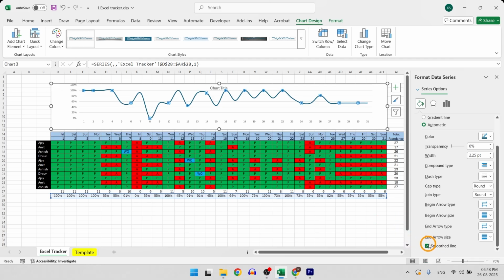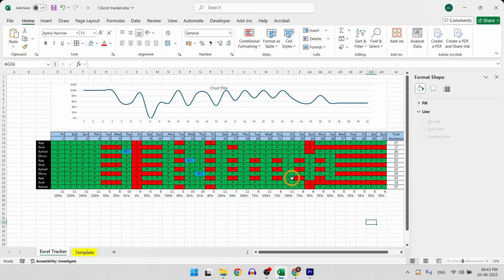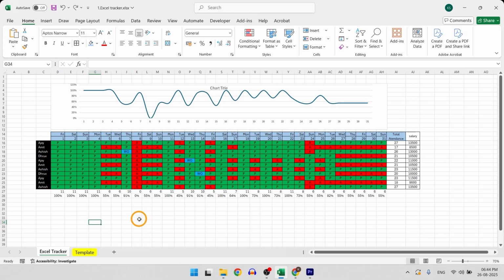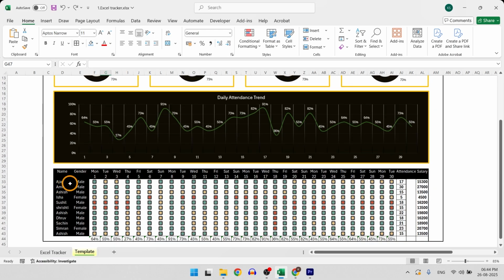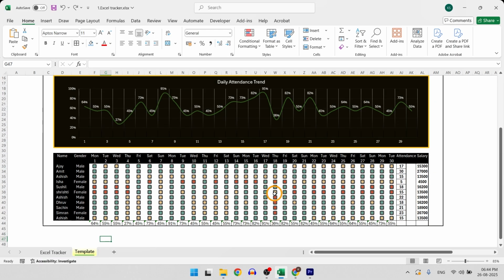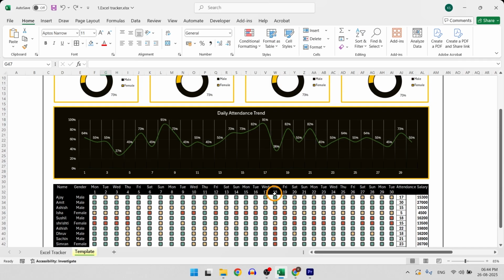Now it looks like a neat spline curve. Much better. Formatting details can be polished later. But for now, let's keep it like this.